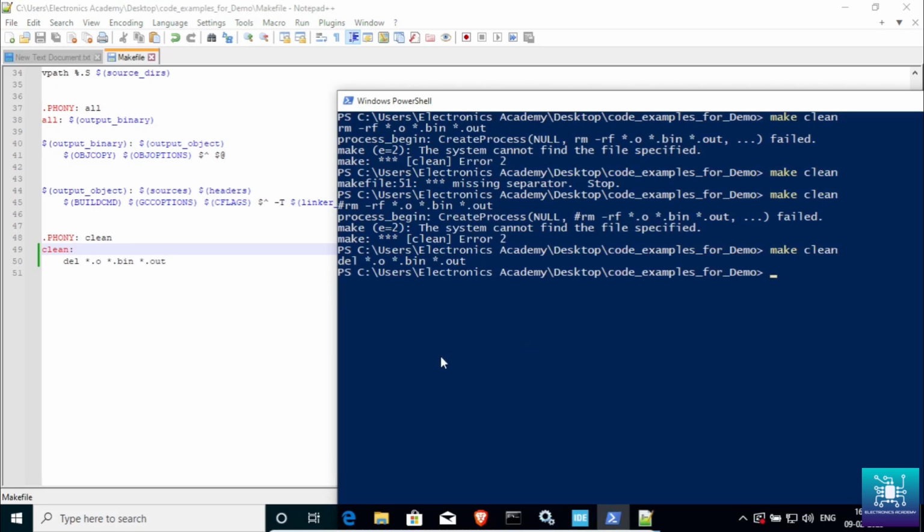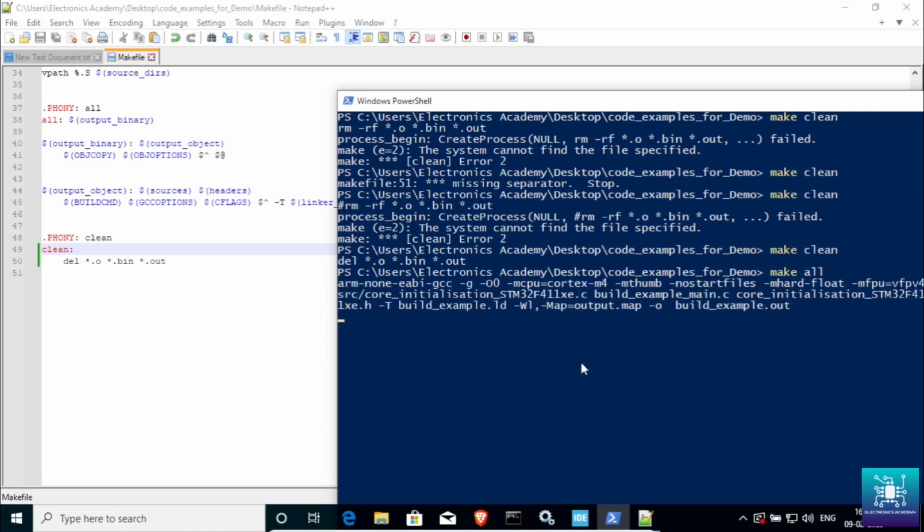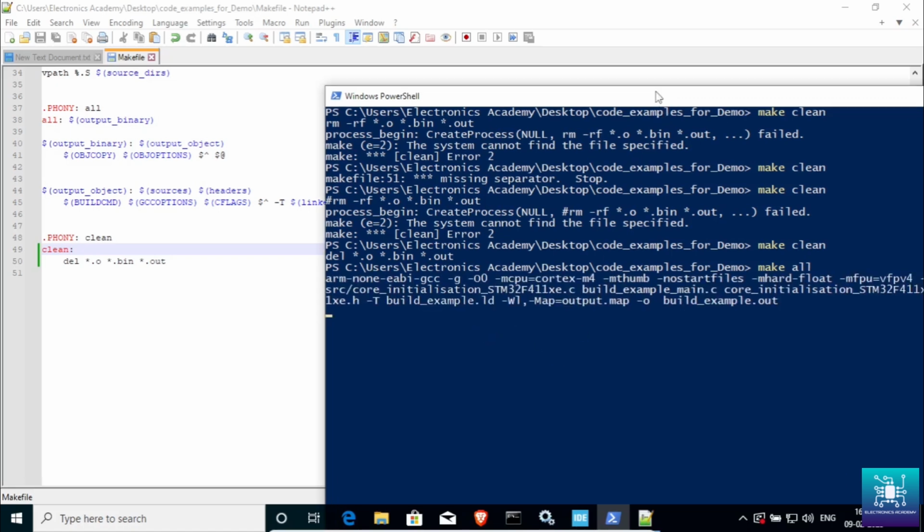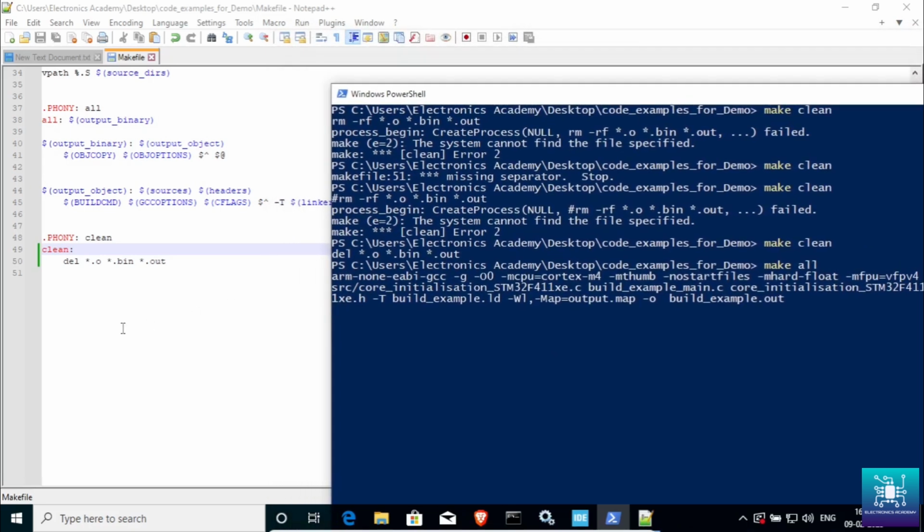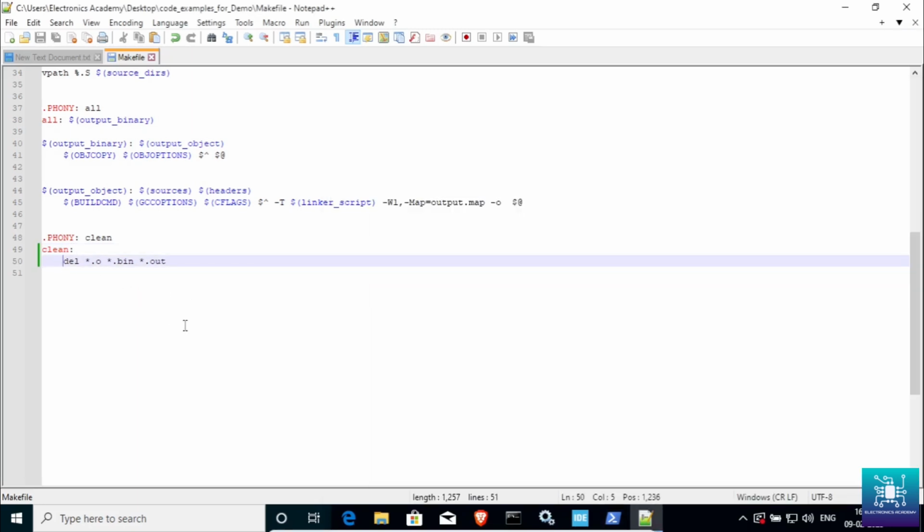Now, just a word of caution: when you are using these sets of files in the IDE, you have to revert back to the rm command, not this. I am just showing it to you because you will see this. When we go to the chapter on makefile linker, you'll see you are facing this issue. So you need to be careful. So now it works, okay, but then let us revert it back to the rm command,